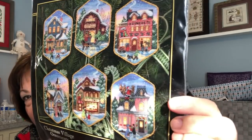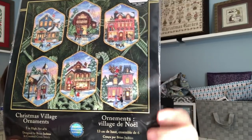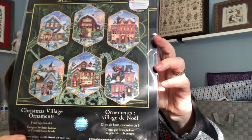This one right here, if you can see it. I'm trying to get it out of the glare for you. The sun is coming right in my window today. And so I pulled this out, and I'm a little bit